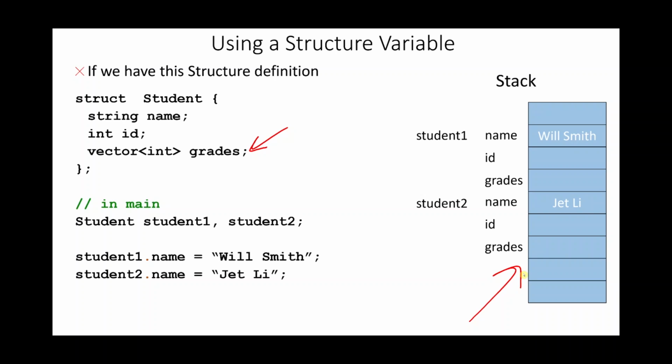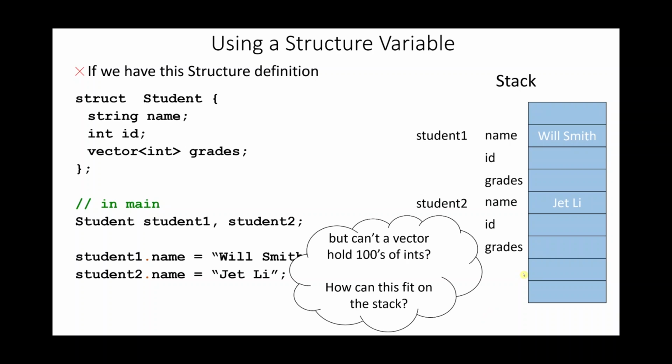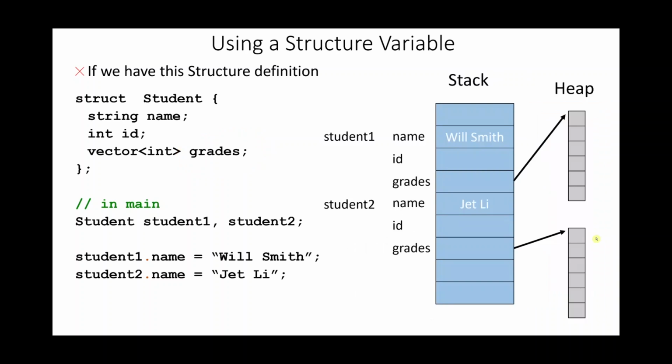The way vectors work is they're creating just the location of that variable in the stack, like adding the grades. And this is going to point to something in the heap. Something like this. So, the grades, it's just storing the memory of the first location in the heap. Or you can think of it that way because vectors are kind of objects,